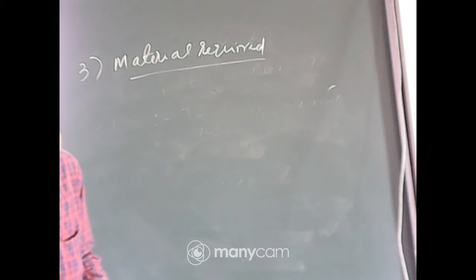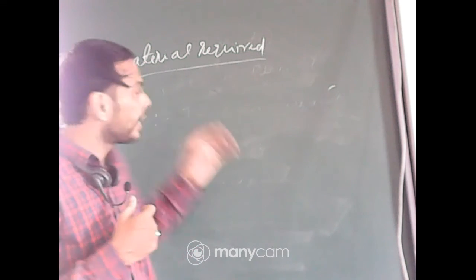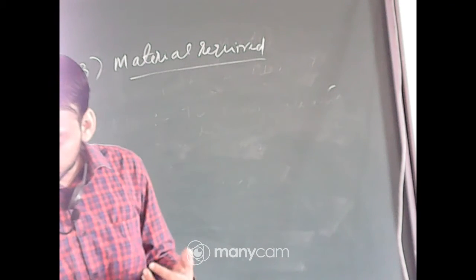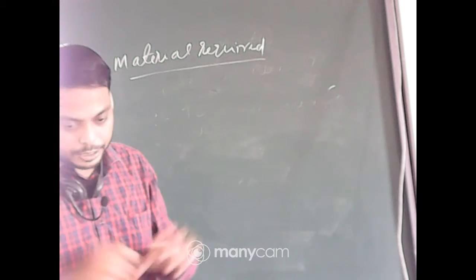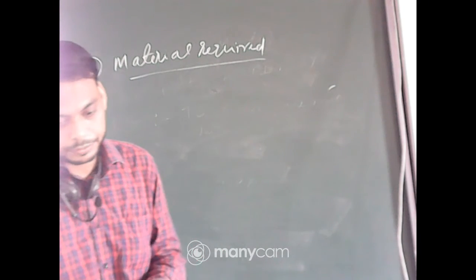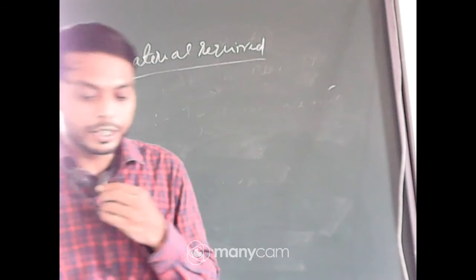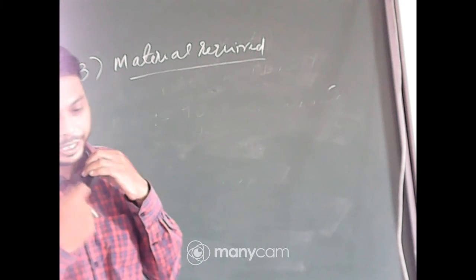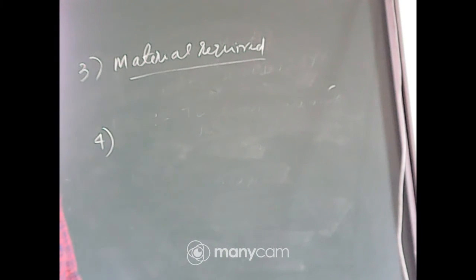Suppose chart paper, color paper, scissors, just write whatever things are required in the material required portion. The chart paper, the color paper, the scissors, then ribbons, you may use threads, also glitters, glitter stars. So the material required will be different, it will vary. Okay, so the third point is material required, and the fourth point, the main portion, is the demonstration.